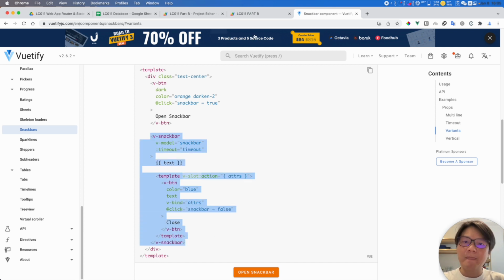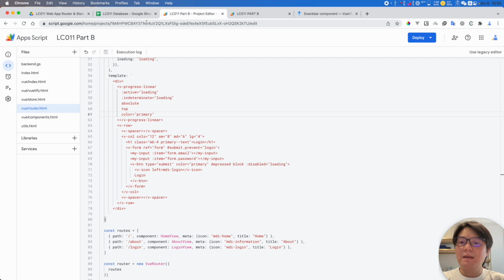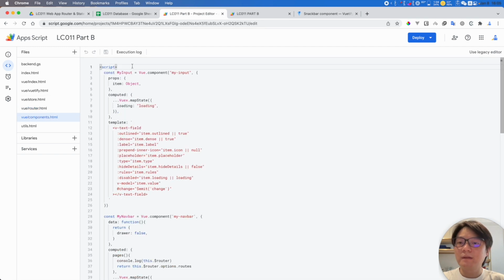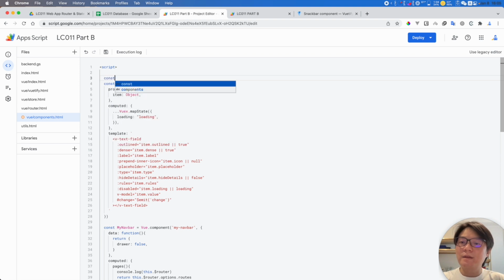And I'd like to make it a component. Okay, so let's do const MySnackbar, Vue component, my-snackbar,